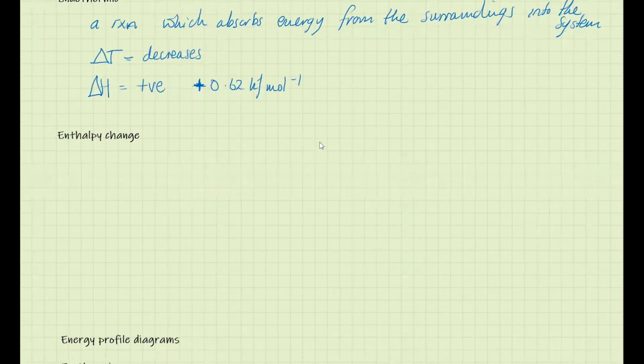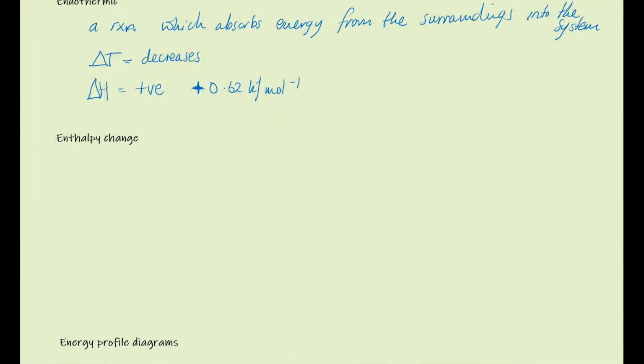Now, the enthalpy change, as I've discussed prior, is the amount of energy transferred between system and surroundings. But what I didn't include, it has to be at constant pressure and temperature. Normally we use standard conditions, so 298 Kelvin and 100 kilopascals, or 1 atmosphere. So the enthalpy change here is the